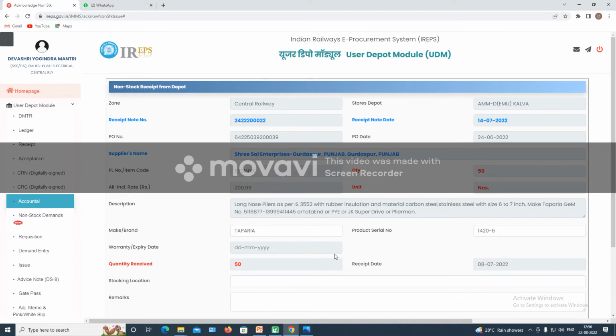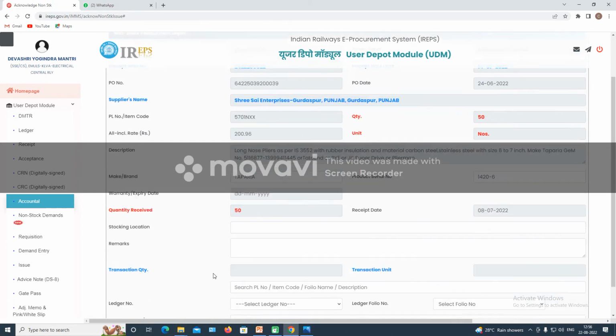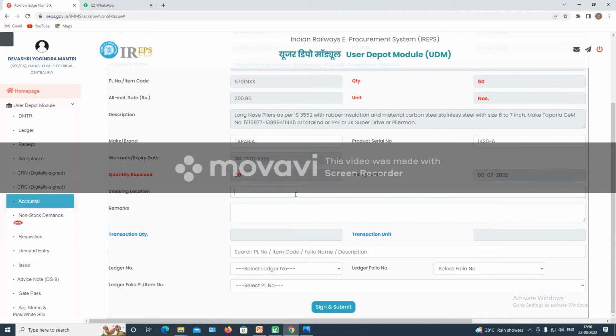So I'm entering that date because my distribution date is also after that. And my location was godown, cupboard number,